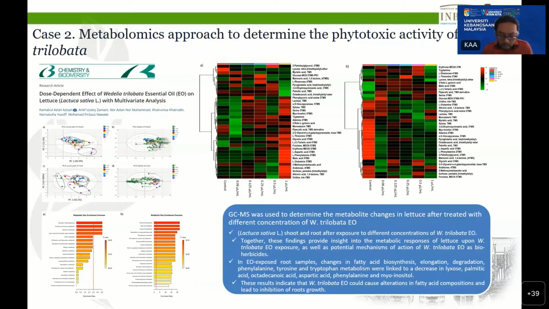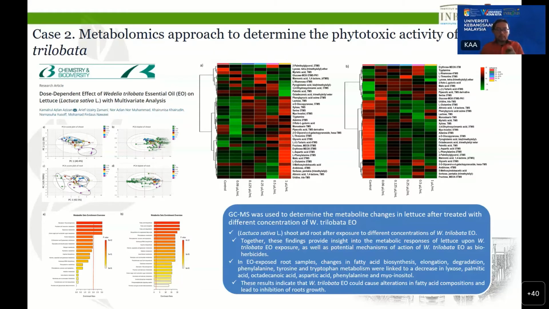And from there, we did a metabolomic analysis on the 𝐕𝐸 rice and also the lettuce that had been exposed to this essential oil. So from there, we used different concentrations of essential oil, and then we captured the metabolic profiling, and then we used multivariate analysis to do a comparative analysis of the metabolites that had been altered due to the essential